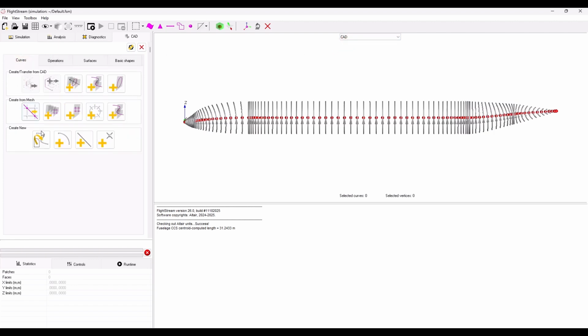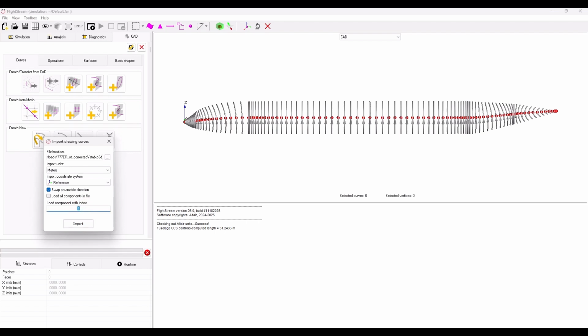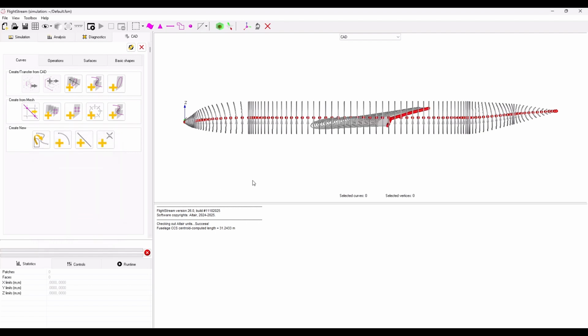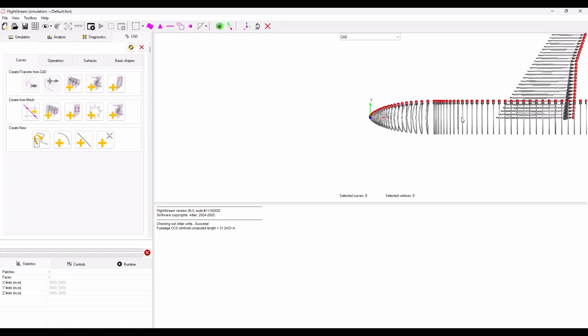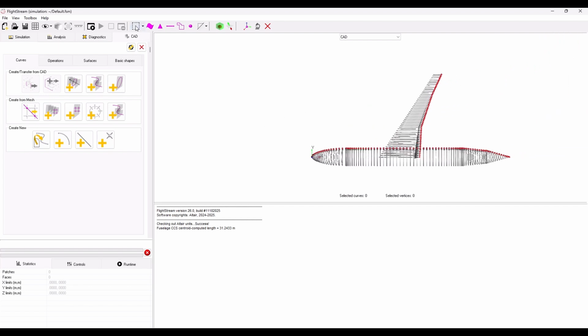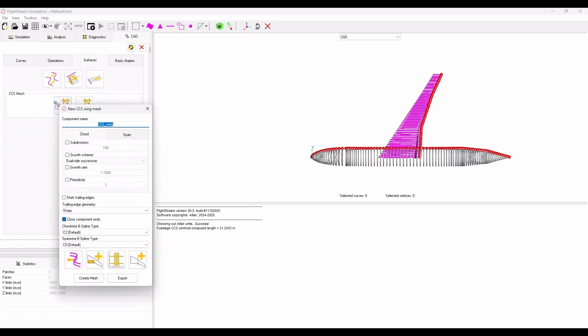Now we will import our second component from our Plot3D file, which is half of the main wing. We'll select Import, then adjust the window and use the lasso tool to select the appropriate curves for our wing. Next, we will navigate to the Surfaces tab, select the CCS Wing Mesh tool, and follow FlightStream best practices for